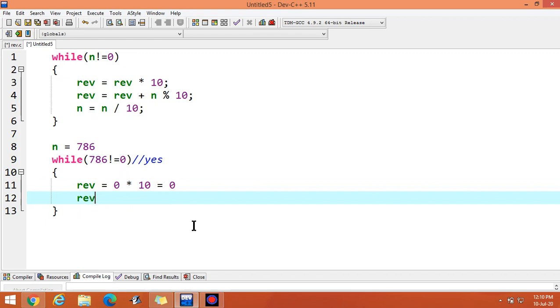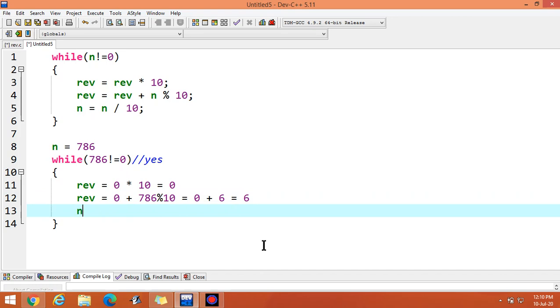Then reverse is equal to reverse, meaning 0, plus n modulus 10. Now what is the meaning of n modulus 10? 786 modulus 10. It means I can write 0 plus 6. The output is 6.